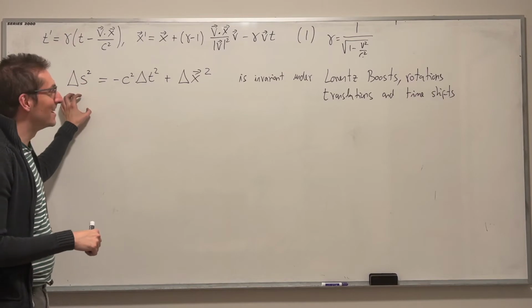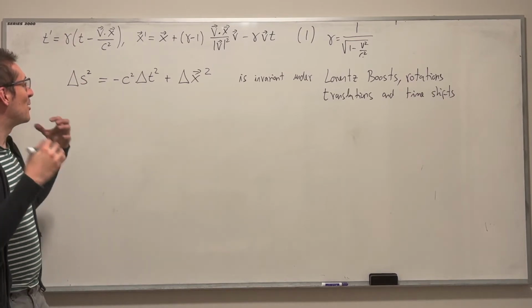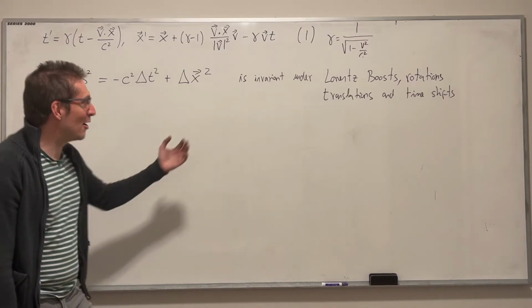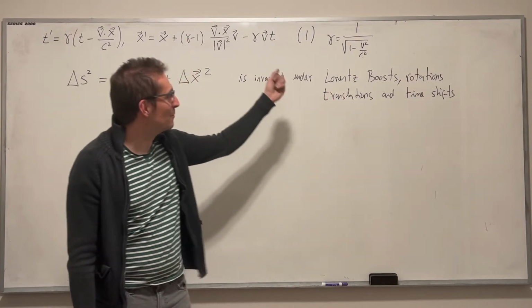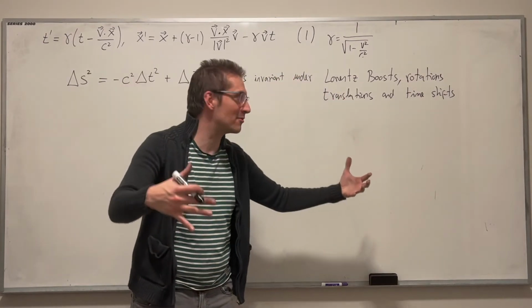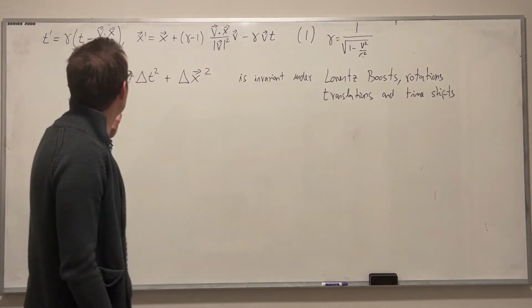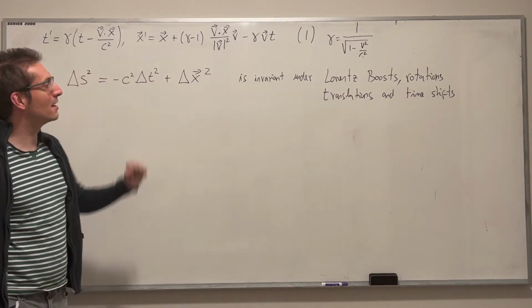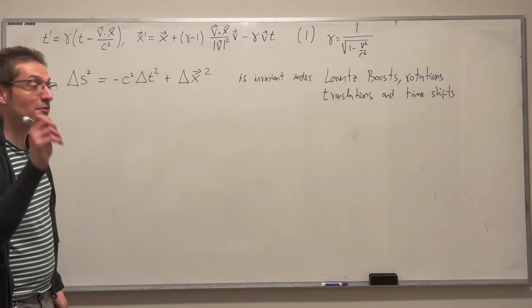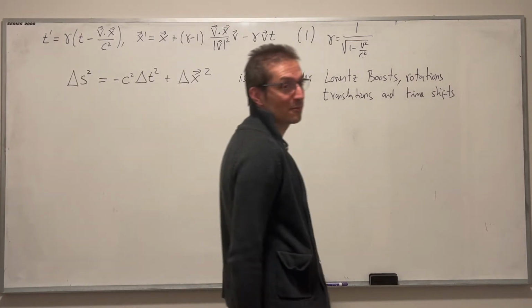Now, you can tell that this thing is going to have a meaning. This is the thing that captures, if you want, the symmetries of the space-time transformations, the boosts, the transformations between inertial reference frames, the boosts, the rotations, the translations, and the shifts. Now remember that we derived these Lorentz boosts out of demanding linearity of the transformations.